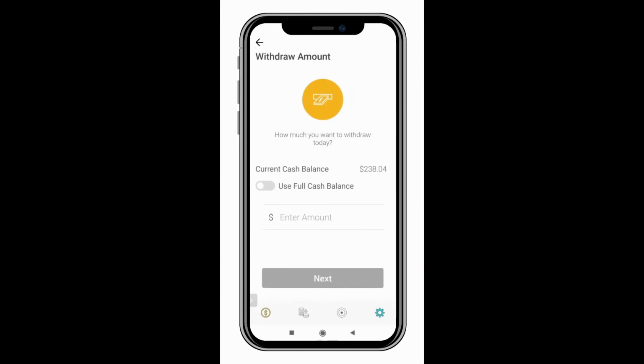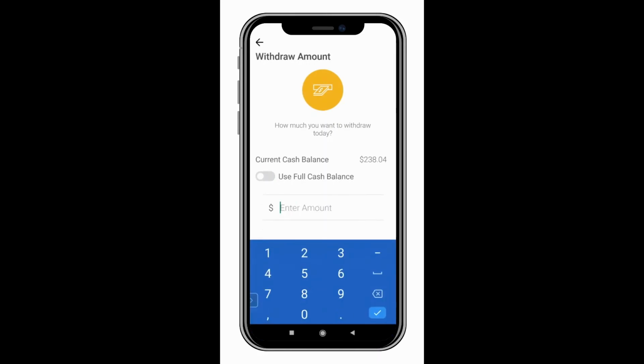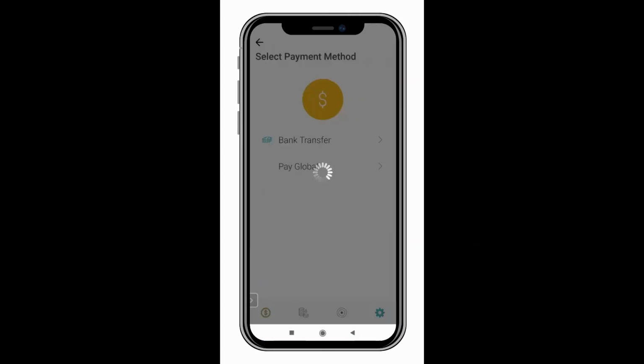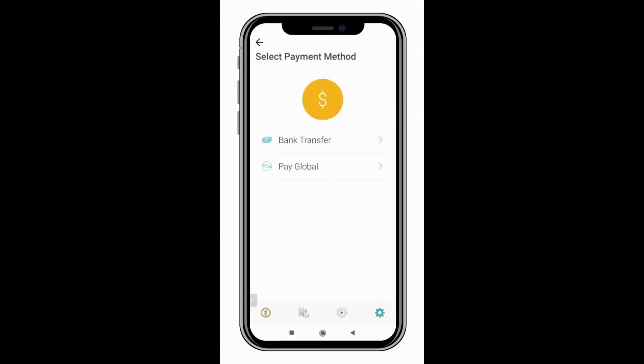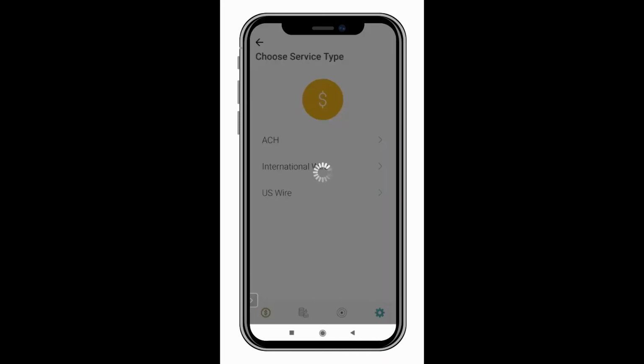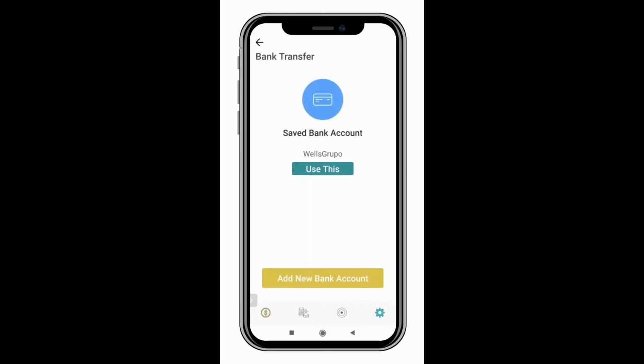Customers can withdraw cash. So for example, in this case, I have $238. I could withdraw all of my cash, or I could just withdraw a portion of it. So let's say I want to withdraw $100. I can go ahead and withdraw, and it'll ask me how I want to take it out. I can take it out through a bank transfer. If I choose bank transfer, I can choose the type of bank transfer that I want to send out. In this case, I have a bank